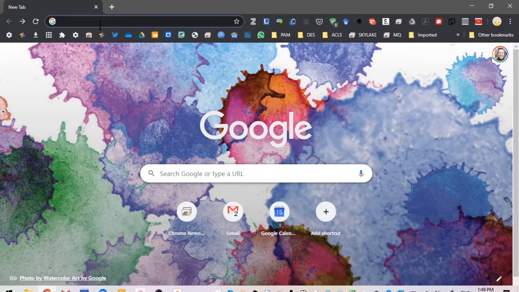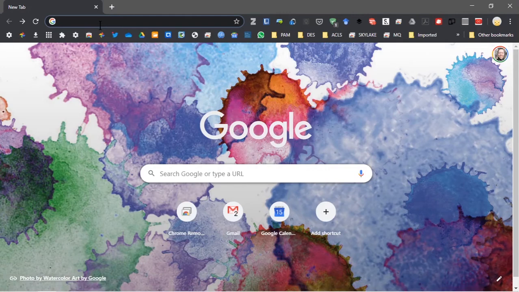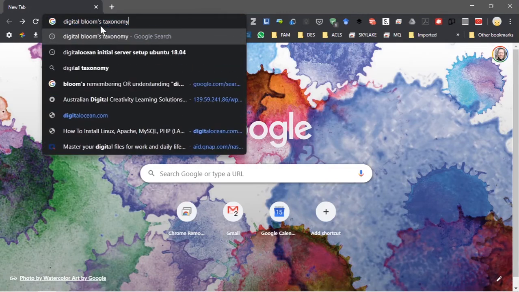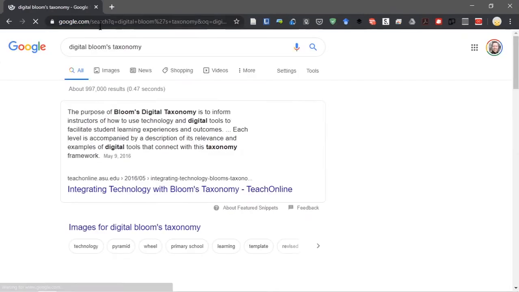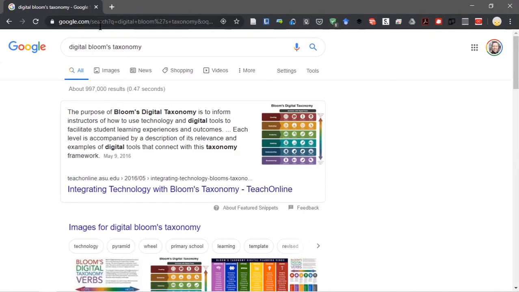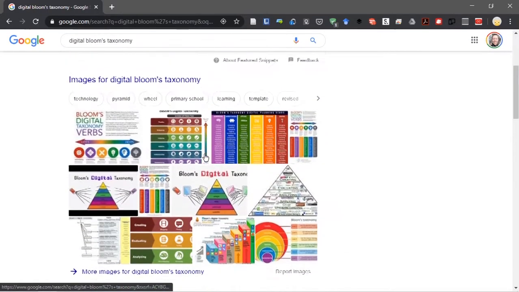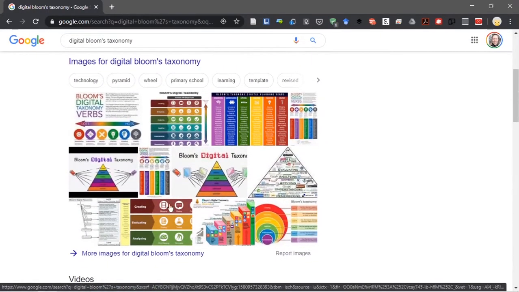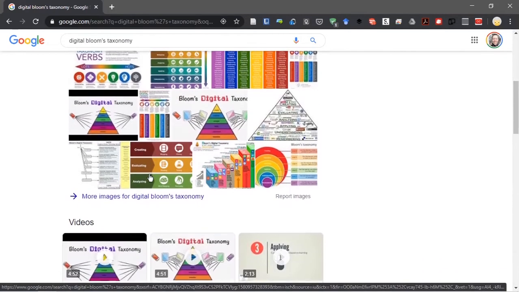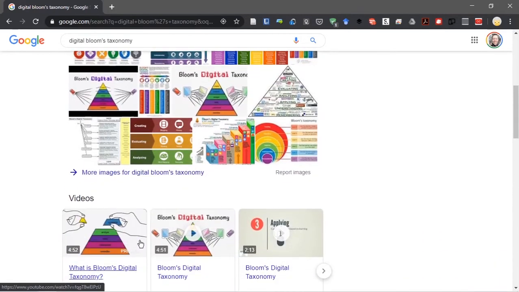So to begin with, let's search for the digital Bloom's taxonomy, and you'll see that a range of results come up. So the Bloom's digital taxonomy is used to inform instructors how to use technology and digital tools to facilitate student learning experiences and outcomes. And you'll see there's a range of representations of the taxonomy, particularly graphical representations, and also quite helpful videos